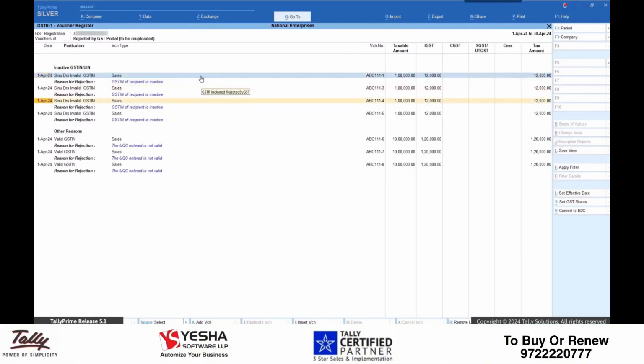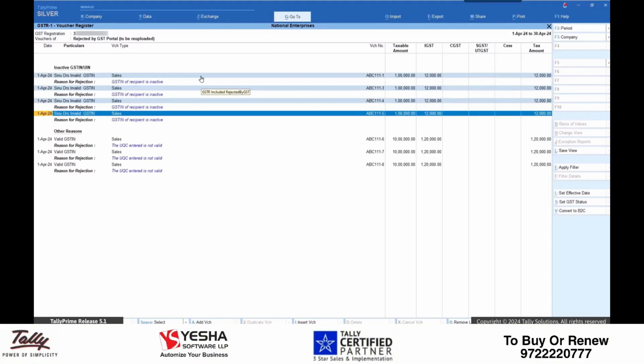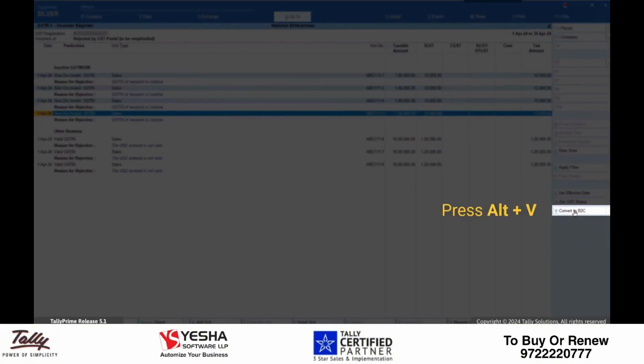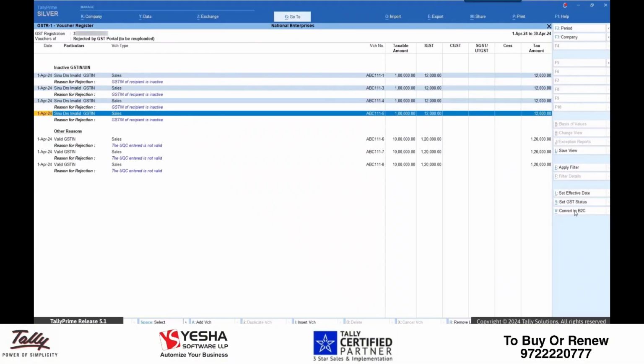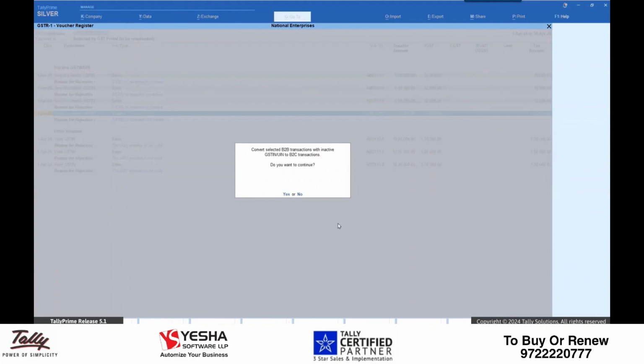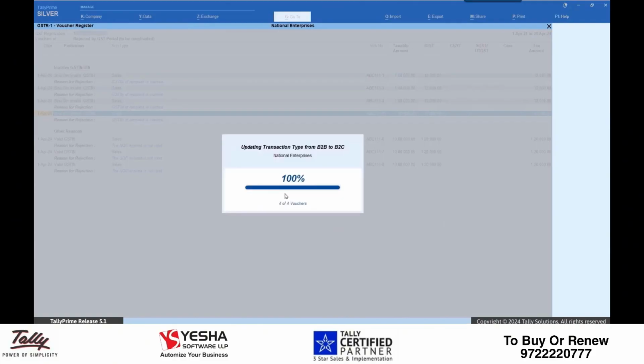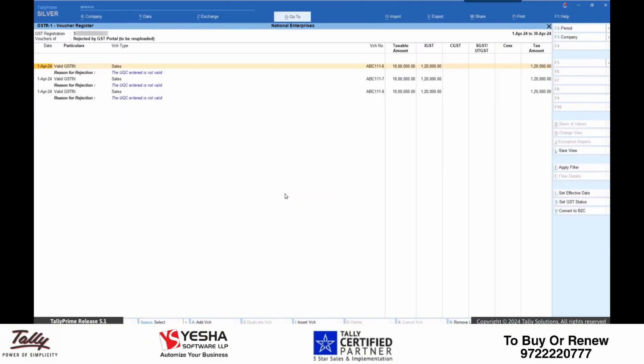Select the required transactions using space bar and press Alt-V to change only the transactions. A message appears asking for confirmation to convert to B2C transactions. Press Y. As you have seen, with TallyPrime 5.1 you can resolve issues with inactive GSTIN UIN quickly.